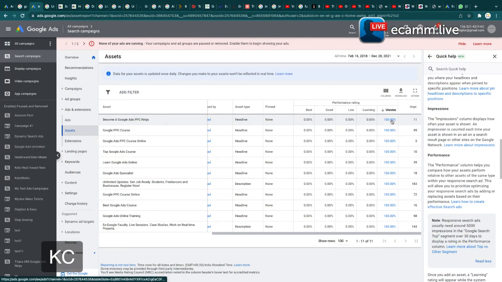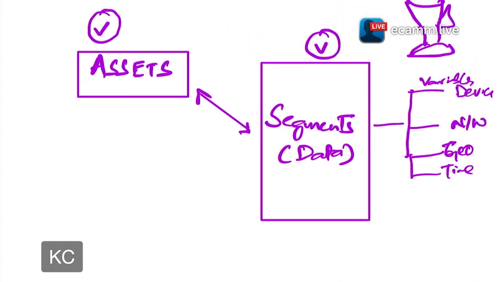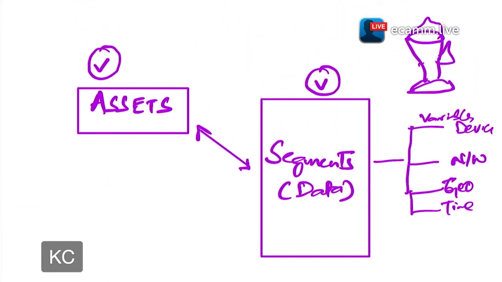If you remember where we spoke about segments, right? Segments help you understand data in segments. You can leverage it based upon the variables that you have defined. Now, the segment that we are talking about here should have 5,000 impressions in the last 30 days under a segment called top, right? Now, this is what we will be hunting for. So hold on until I show you where to find that.